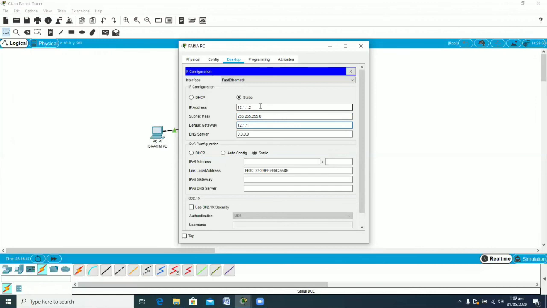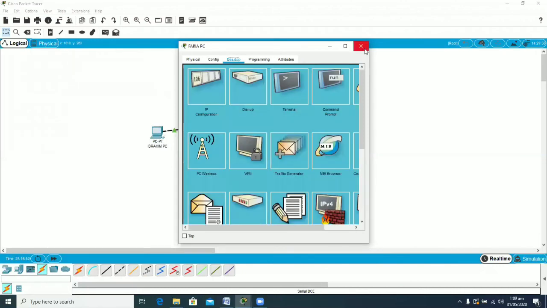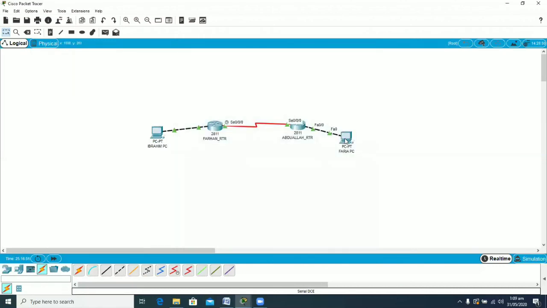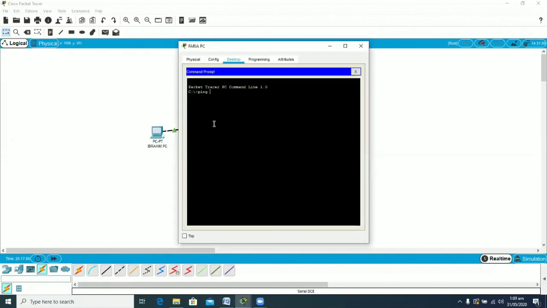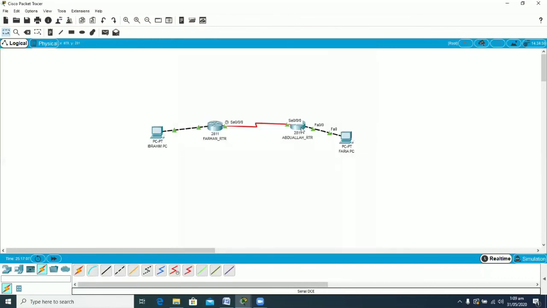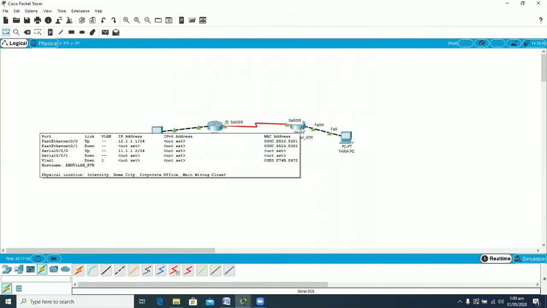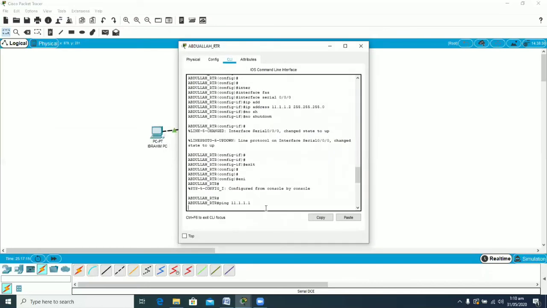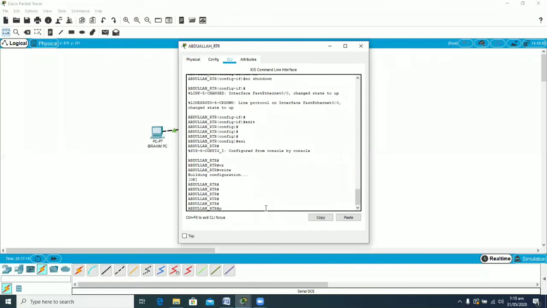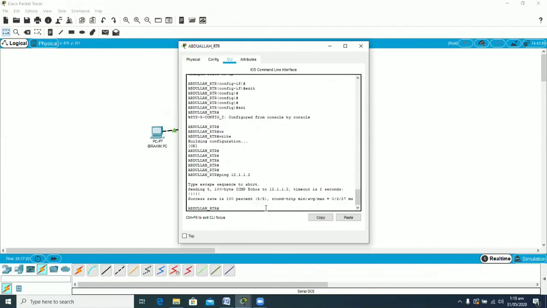routing sort of thing, 12.1.1.1, this could be avoided, but there isn't any big issue in this. And we have to cross verify the ping if it is successful from the PC 12.1.1.1. The ping is successful, and similarly can be repeated from Abdullah to the Faria router. Okay, yes. And ping Faria PC was at 12.1.1.2 and the ping is also successful.